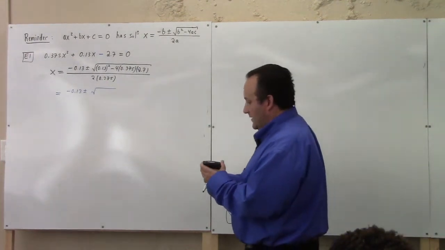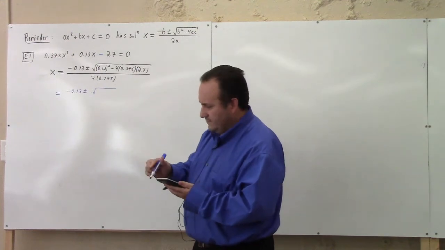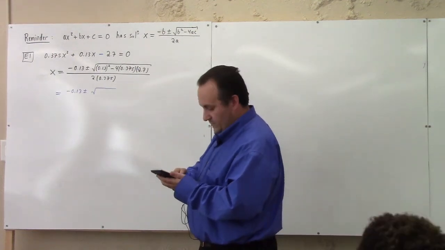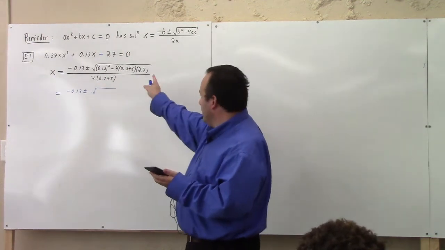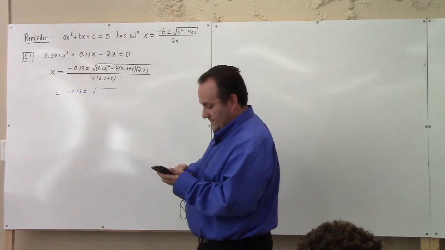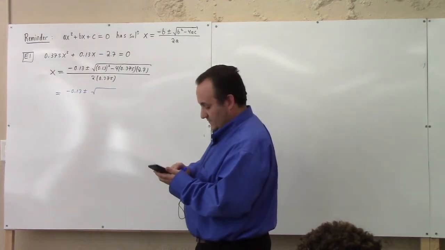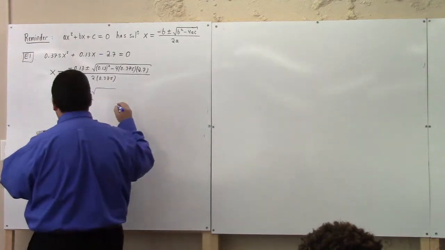So get out my handy dandy calculator. All right, so here we go. 0.13 squared minus minus gives me a plus, so plus 4 times 0.375 times 2.7. That gives me